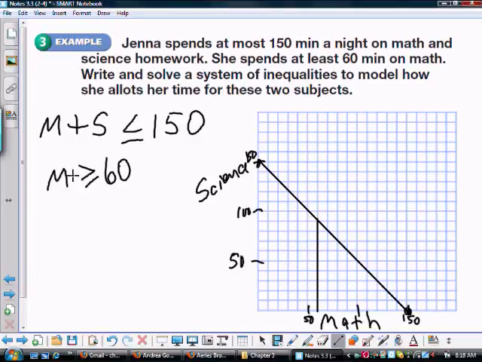And is 0 included in this one? Is 0, 0 greater than 60? No, so I don't shade to the left. I shade to the right, and I shade under the first line, which means my shading, because it's about studying, it should be happy faces, is in that little triangle. And she's not going to study negative